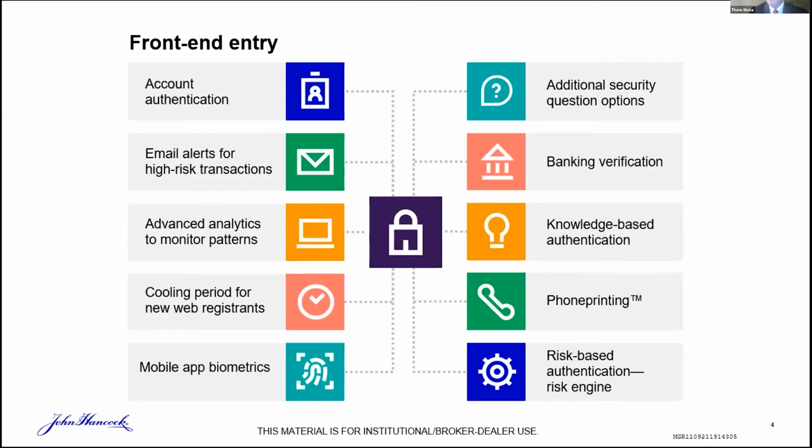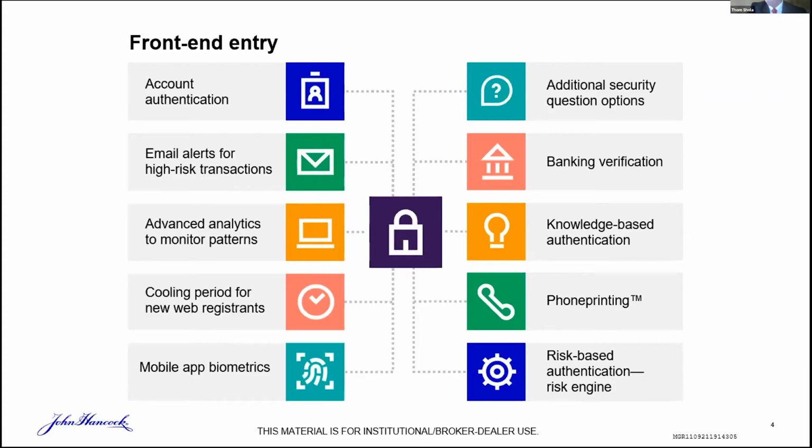Those are the annoying questions that you get. 1976, what color Gremlin did you have? And someone says, I don't even know what a Gremlin is. So it was a car, for the folks who are younger. The fraudsters know most of those knowledge-based authentications. They're building a whole view of you when they do this, and they're able to answer pretty readily and quickly from the information that's been disclosed in other breaches. Phone printing and then the risk-based authentication.